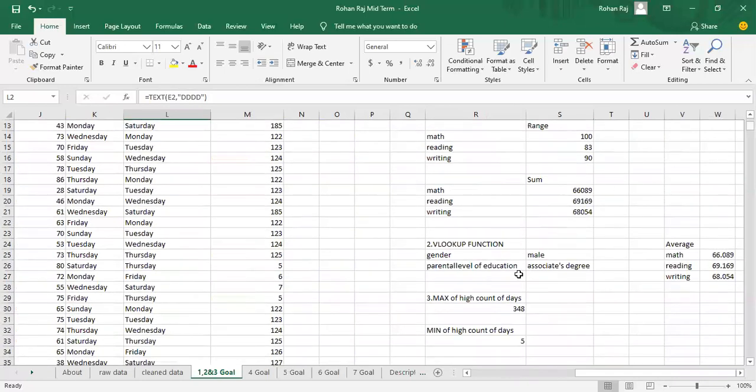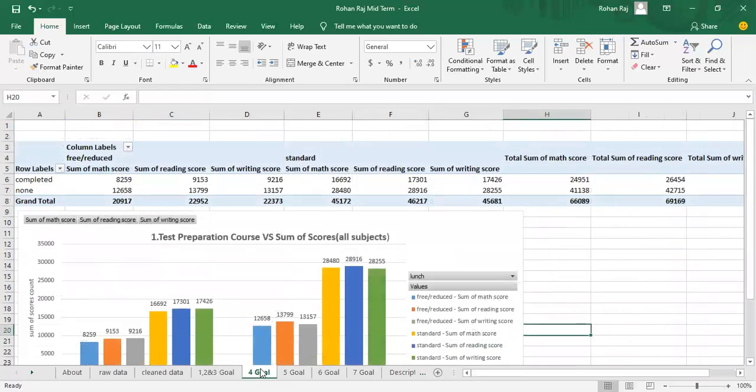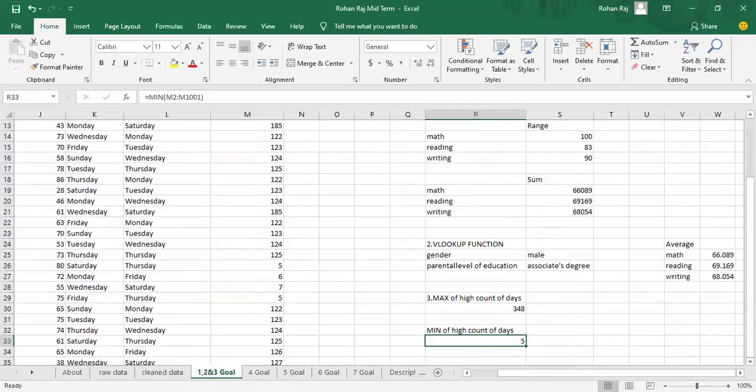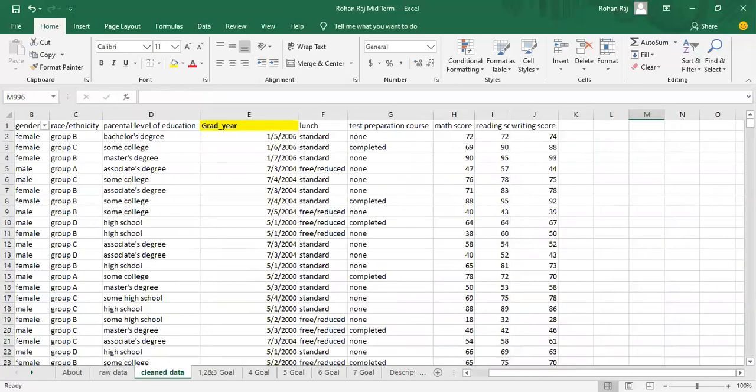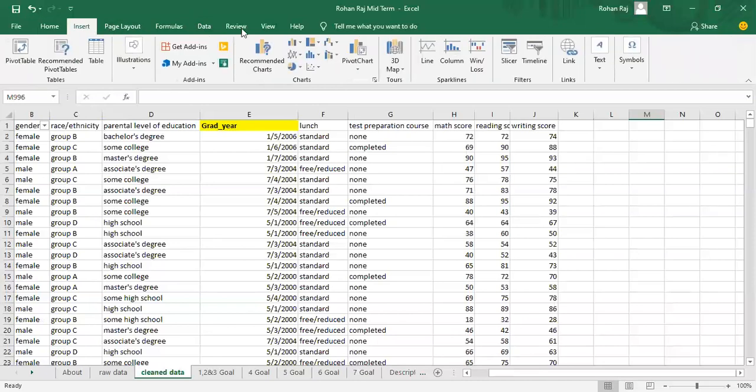So what we can find, the 348 is the maximum which you can select over there, and the 5 would be the minimum, by selecting the column you need. And by selecting the clean data and inserting the pivot chart and the table, I used it to find the fourth goal,